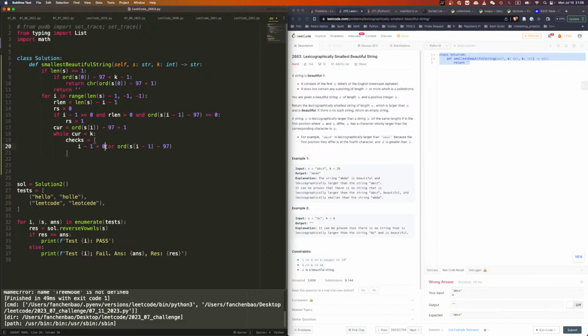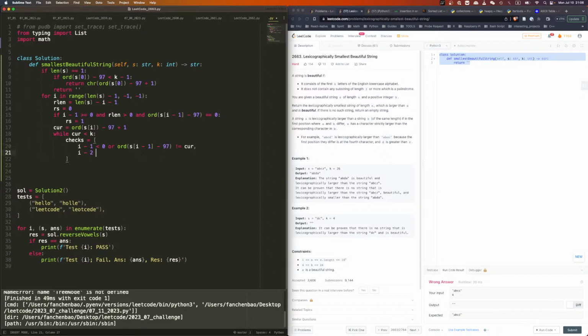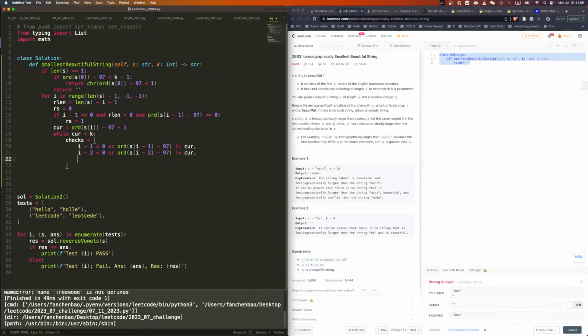So if it is smaller than 0, if it's true, then we're already true. We don't have to, because it's short circuit. So if this is larger than 0, then we check ord s[i minus 1] minus 97 needs to be not equal to current. First check. Second check, i minus 2 smaller than 0, or ord s[i minus 2] minus 97 is not equal to current. Third check on the right hand side, RL is